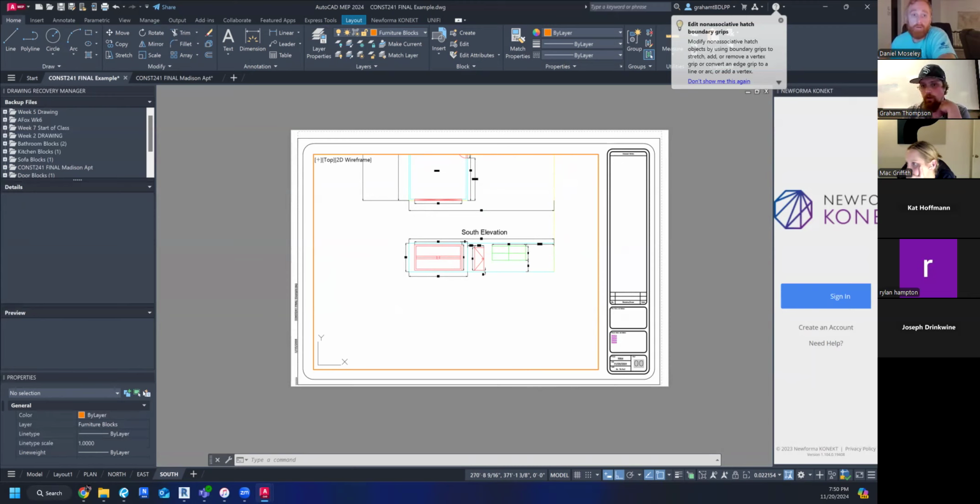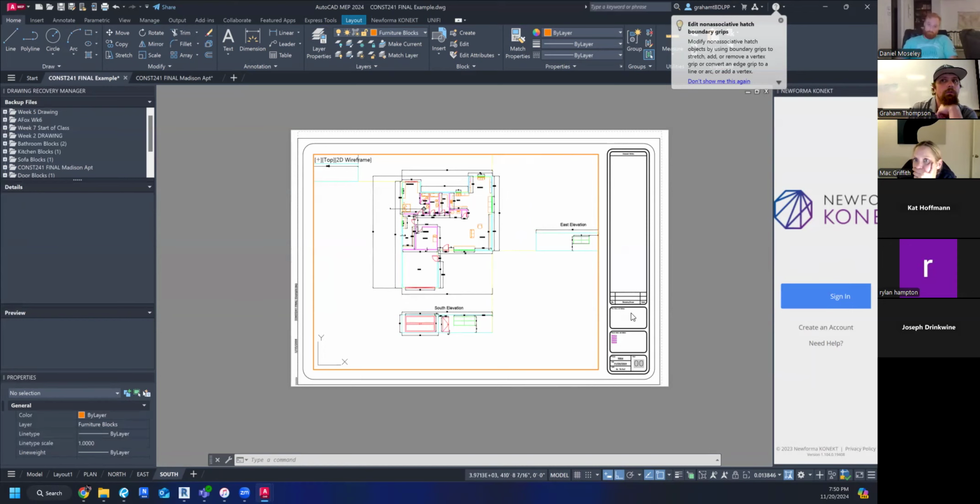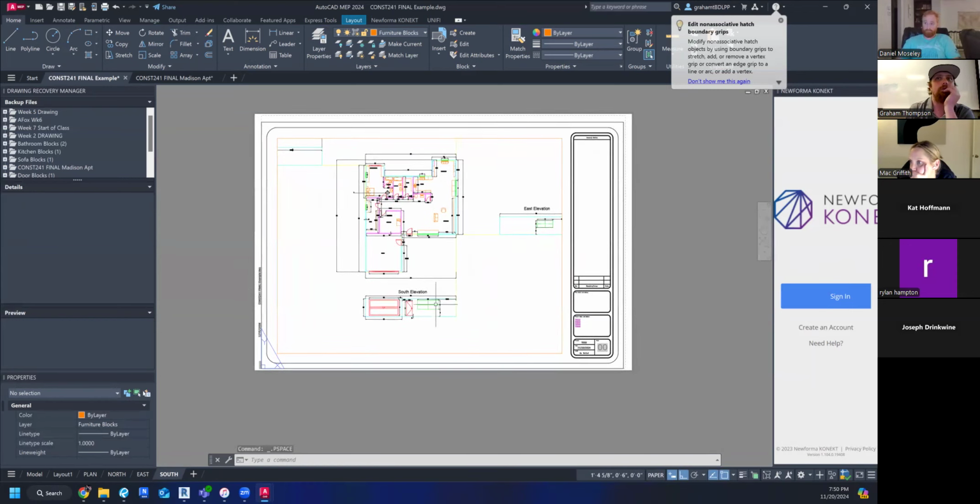All right. Question. Anybody else work on it? About what? Copy and paste. What about it? For example, we copied this south elevation and paste on